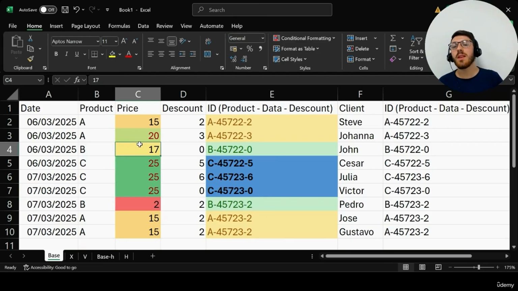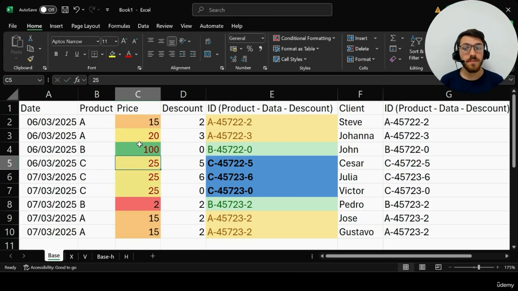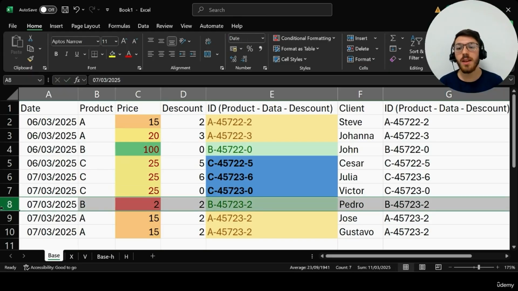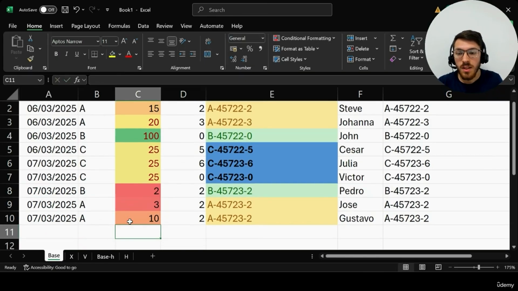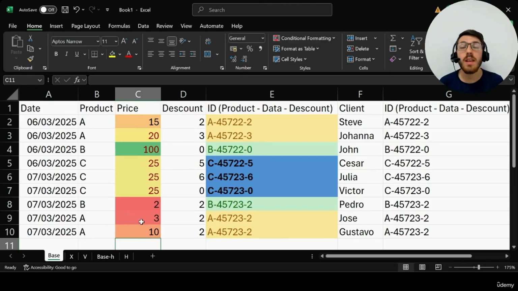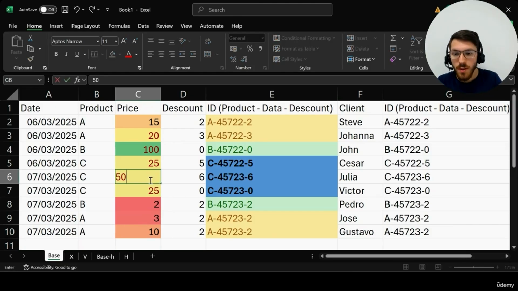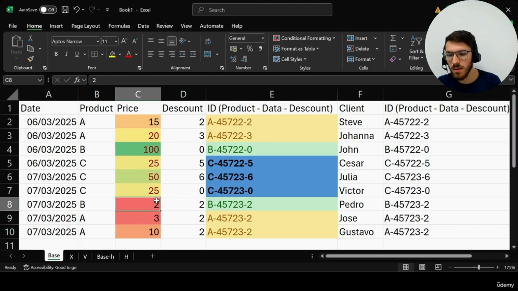What about I have a really big number like this one? See that everything changed. 2 is still red because it's our minimum value. If I put here 3, it's very low. If I put here 10, it will already be lighter because it's a bigger number. It gives you a scale of red, yellow, and green according to your minimum, median, and max value. All right. So if I put here 50 and 1,